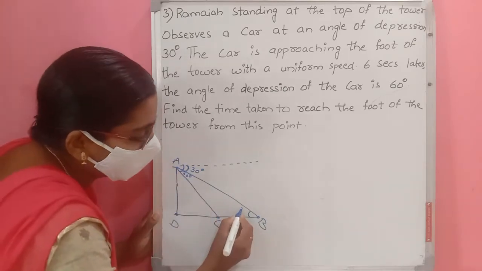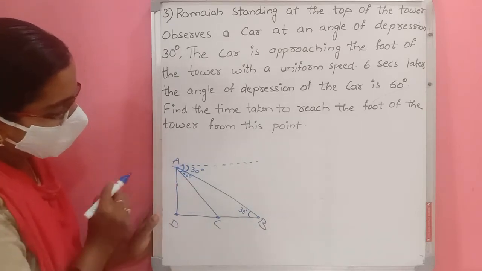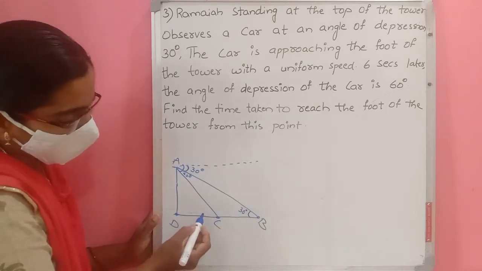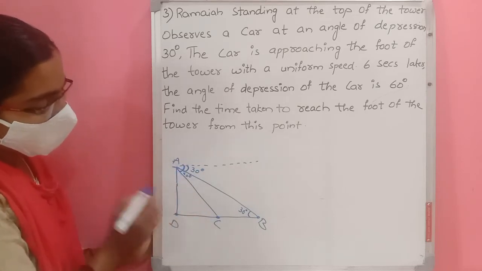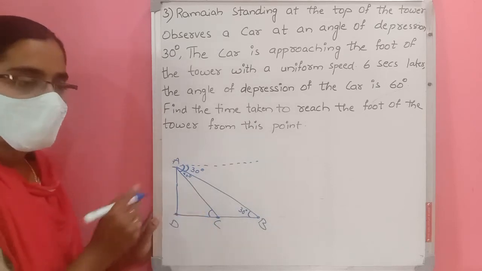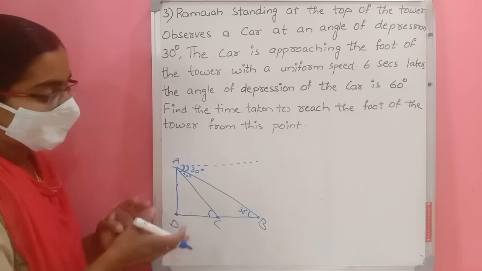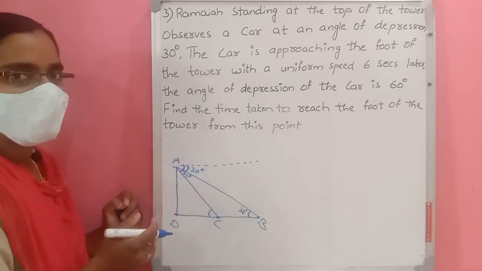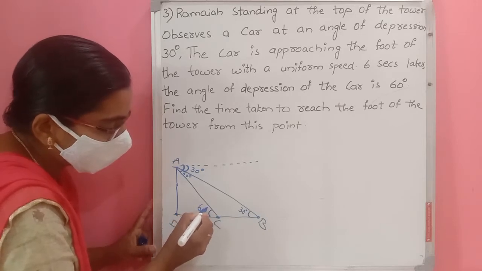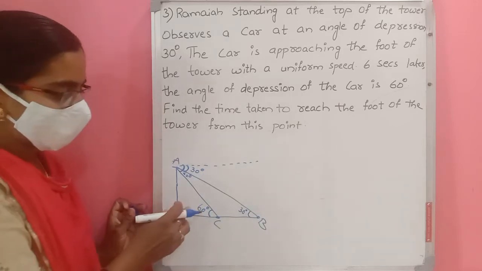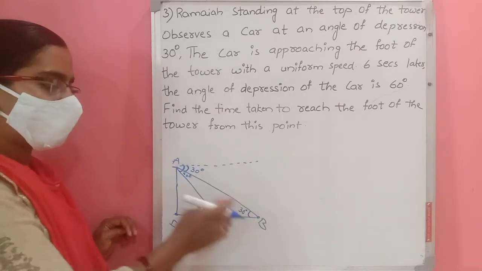Means when this is 30 degrees, this is also 30 degrees. Next, this is 60 degrees. Same, take this as A, take AC as transversal. This is an interior angle. This is also an interior angle. Alternate, both are inside the transversal of the parallel lines. So, these two are called alternate interior angles. Alternate interior angles are equal. This is also 60 degrees. Completed. So, the angle of depression we converted into the angle of elevation.